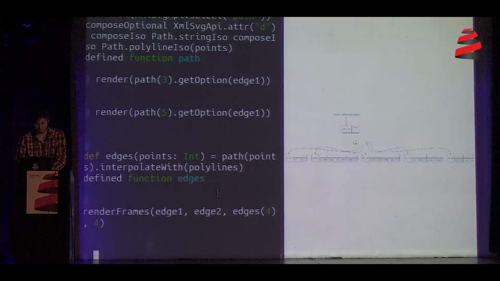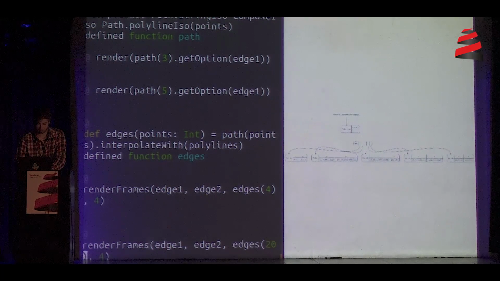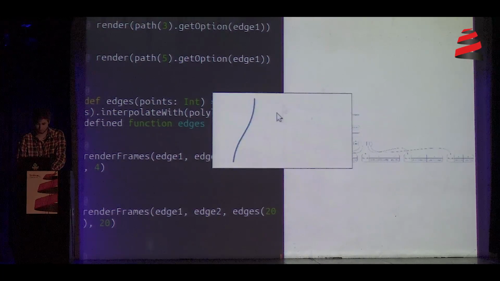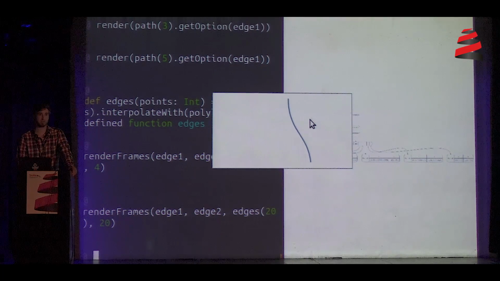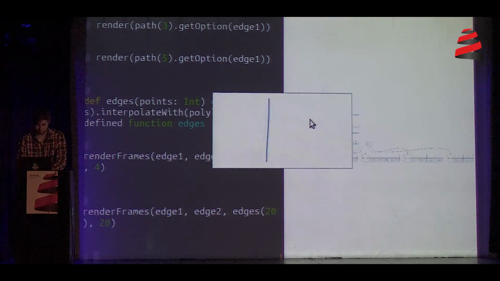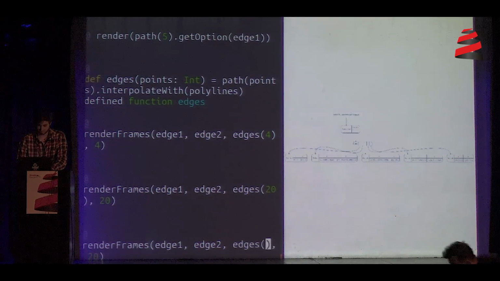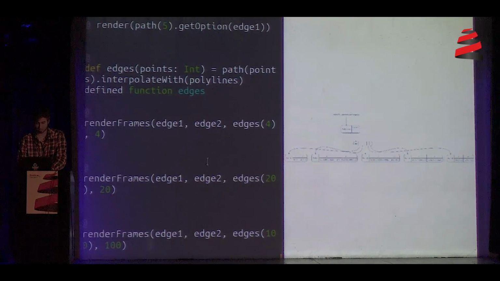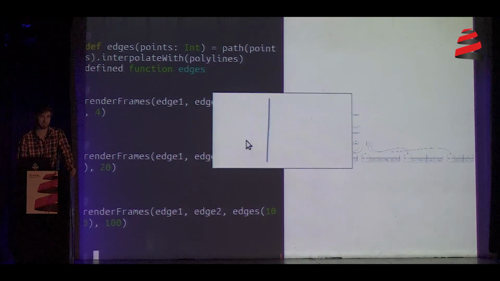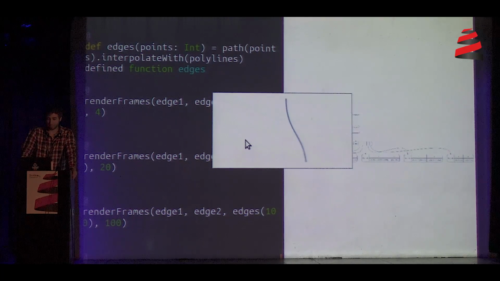Not completely happy with that, so I think we can bump that to 20 points and 20 interpolation frames. So this is closer to something that we wanted. And I think we can turn it up to 11 with 100 points, 100 frames. Takes a bit of time to render, but it's worth it. It's really smooth. So an interested reader could extend this approach to animate the transitions of graph nodes, colors, transparency,